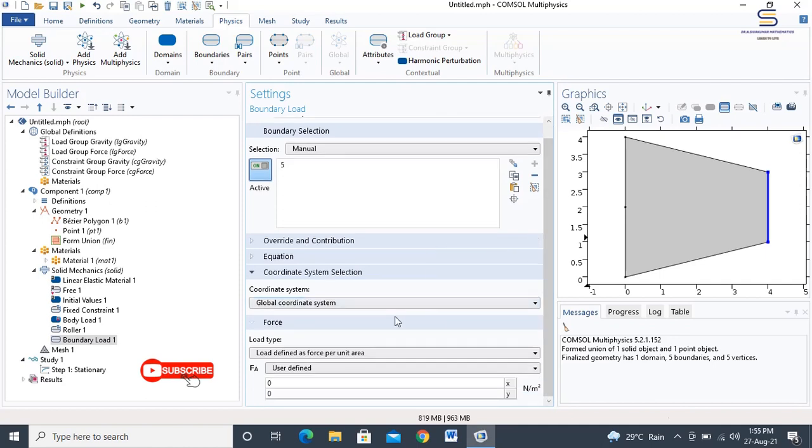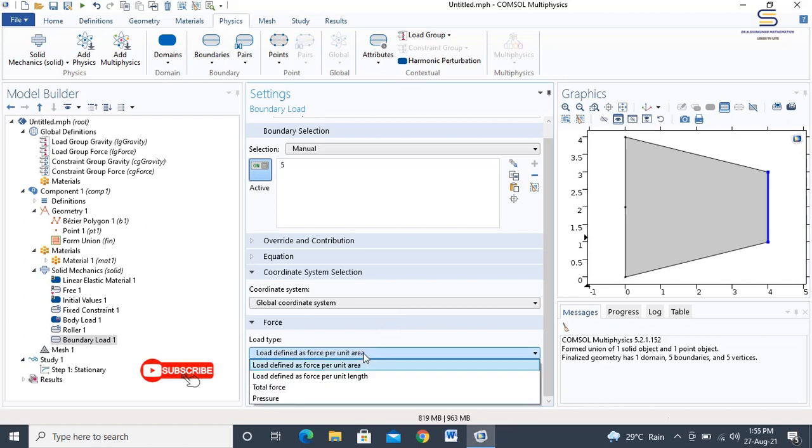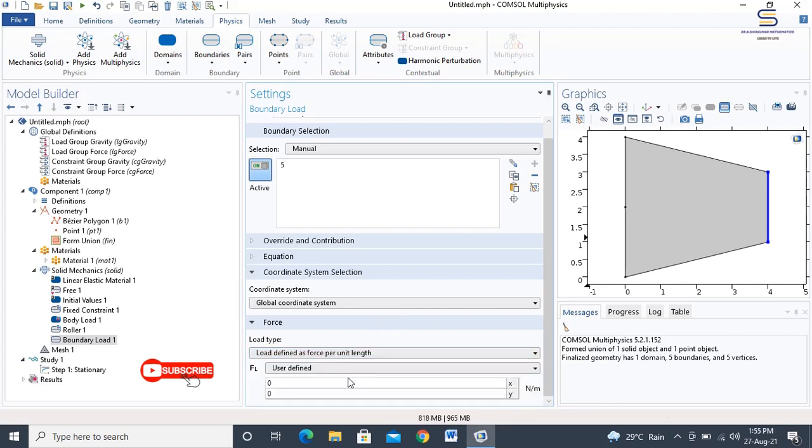And in that, from the load type, choose load defined as force per unit length instead of force per unit area. For FL, a user defined value should be given for the X value, which is 10 meganewton per meter. On the physics toolbar, click load group and choose load group force.